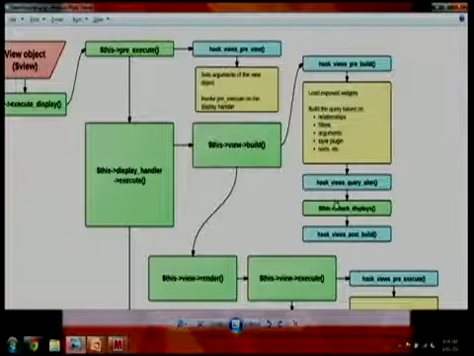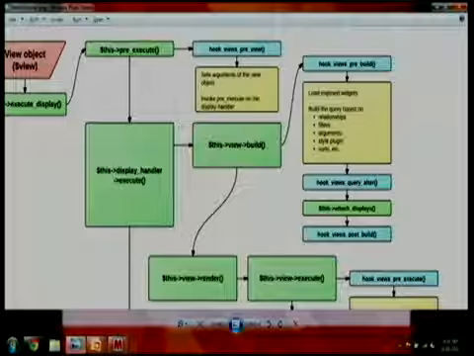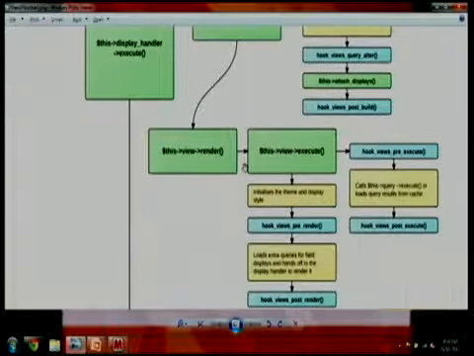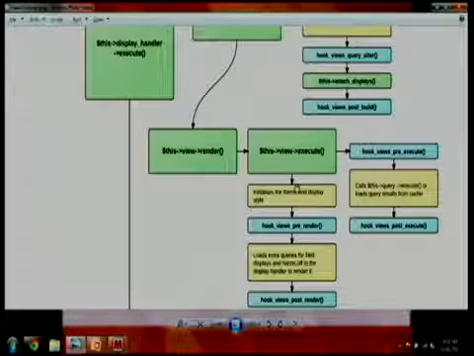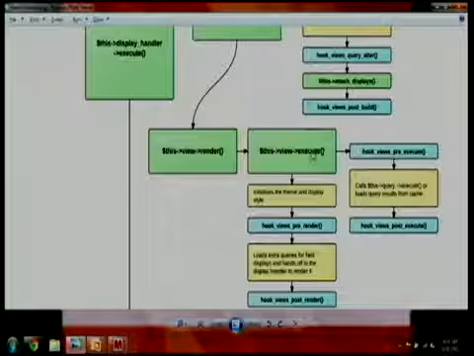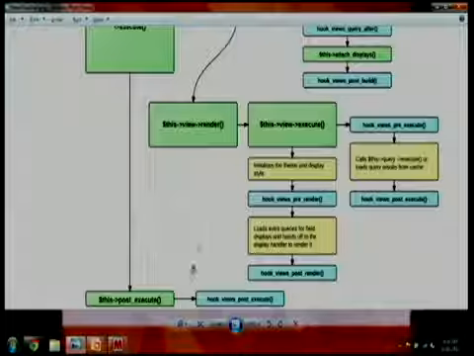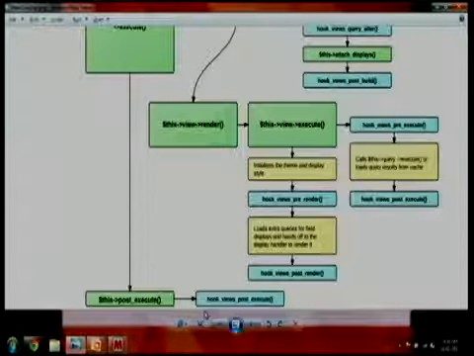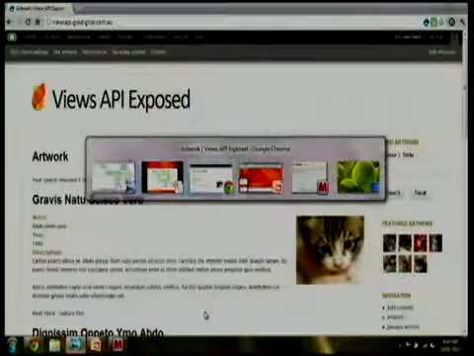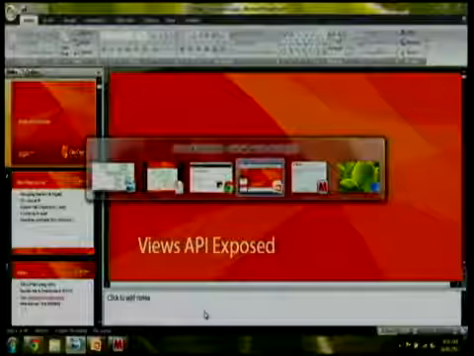We have a few other hooks down here. Then we have the execute phase, which is where it actually does the database query and gets results. And then the render phase, and then finally it does some cleaning up in the post-execute phase. So I'm going to go through those a bit at a time.